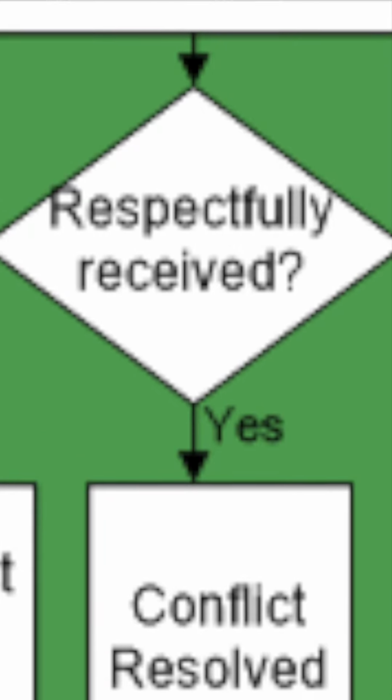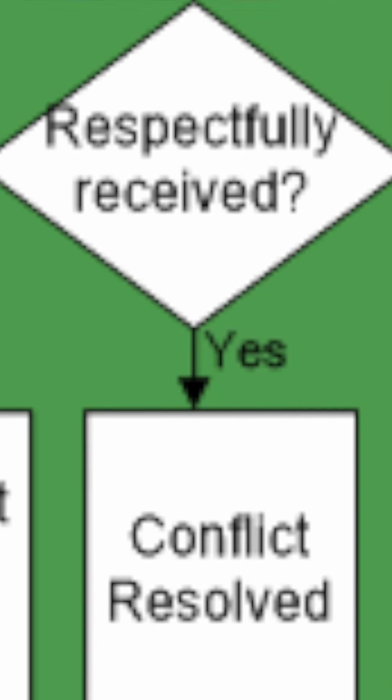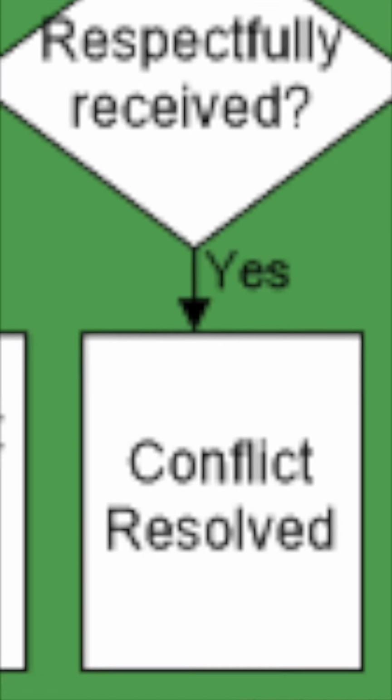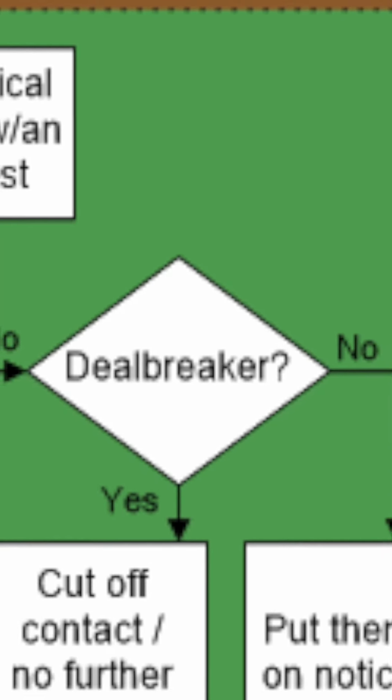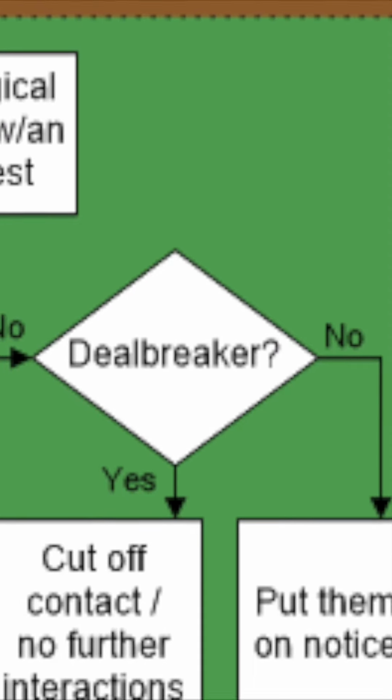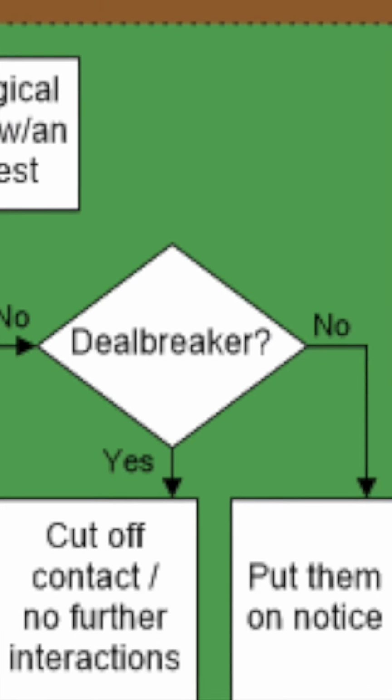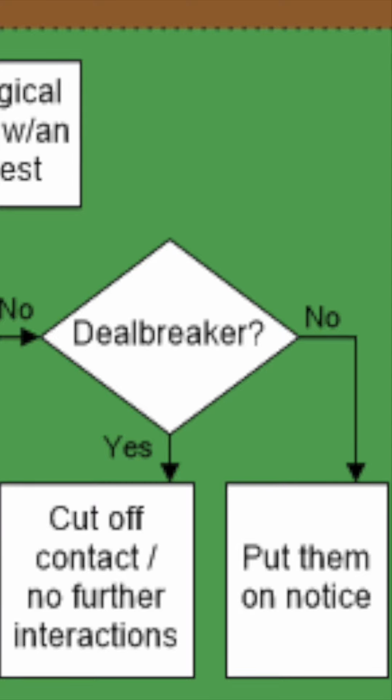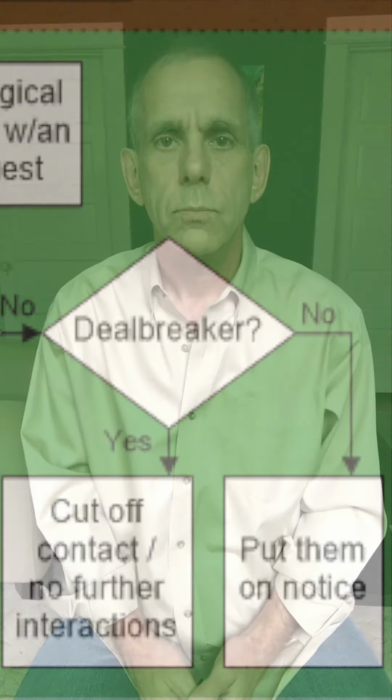Once you do that, the question is, what does the other person do with it? If they receive it and say, yeah, okay, you have a point, then basically your conflict has been resolved at that point. However, if they don't, and they either dismiss you or disagree with you, at that point you have to decide, is this a deal breaker? Is this something worth removing this person for the rest of my life? Or should I maybe just put them on notice and keep interacting with them, but keep them at arm's length? So that's how the CORE